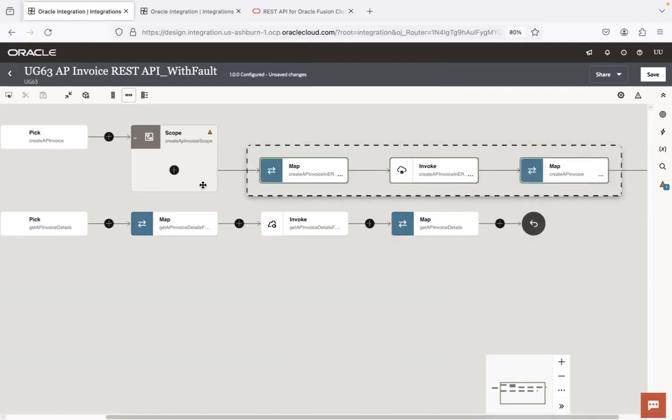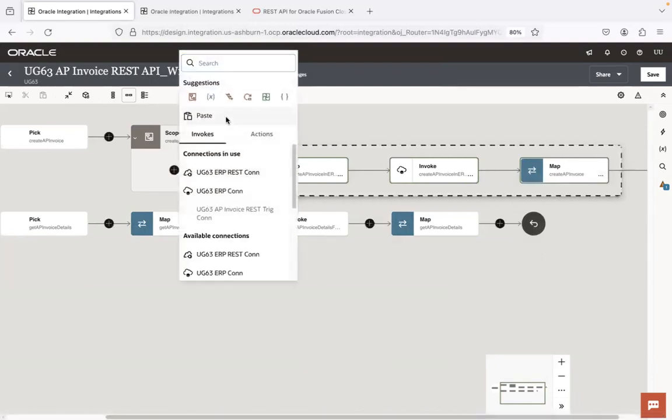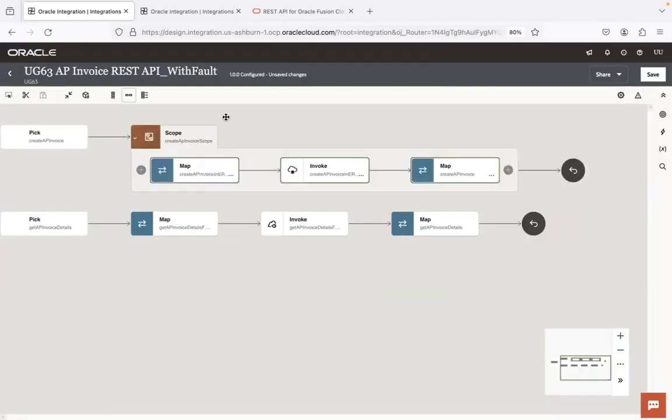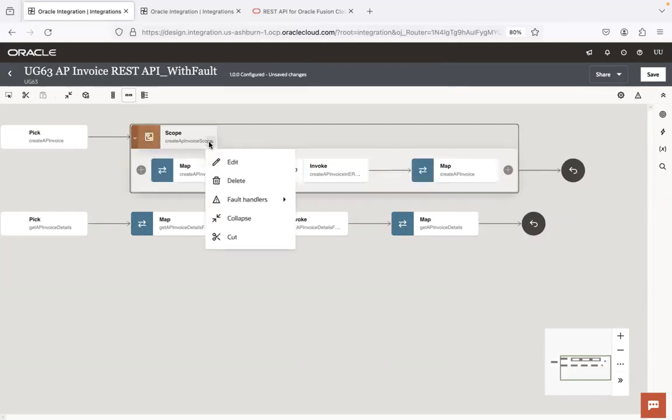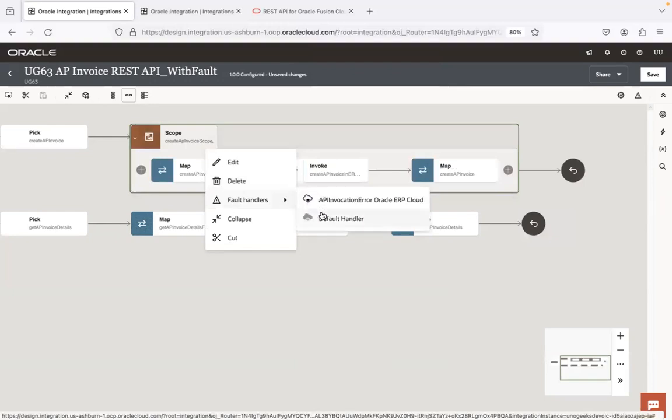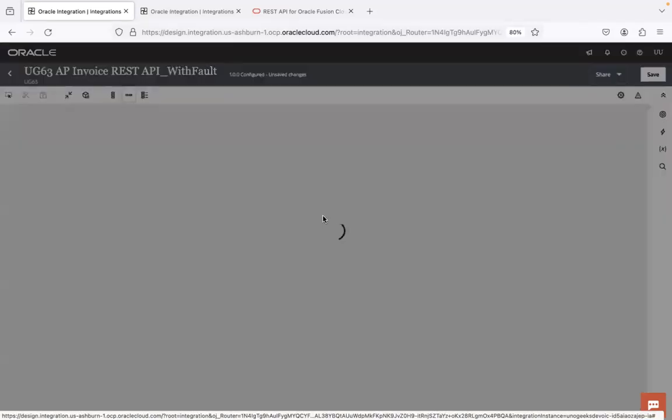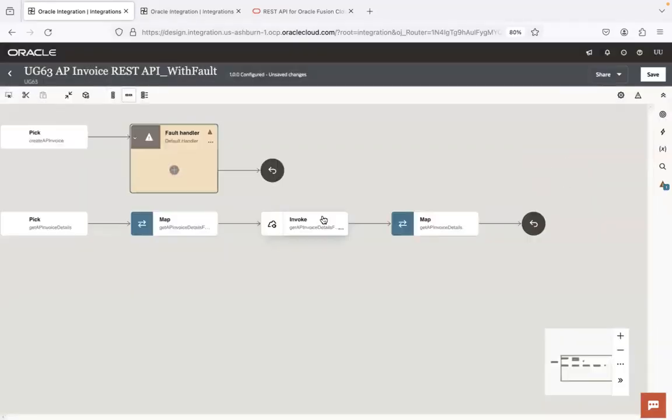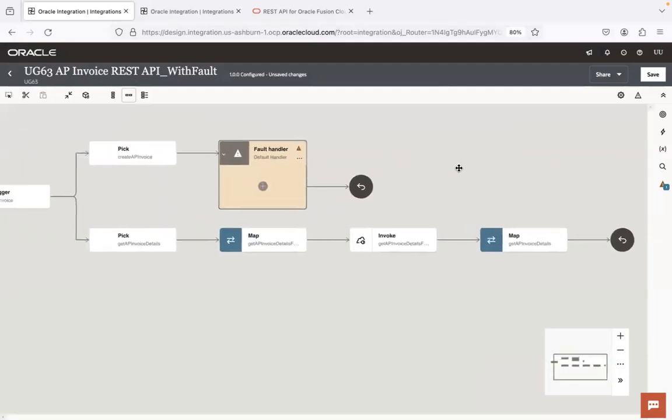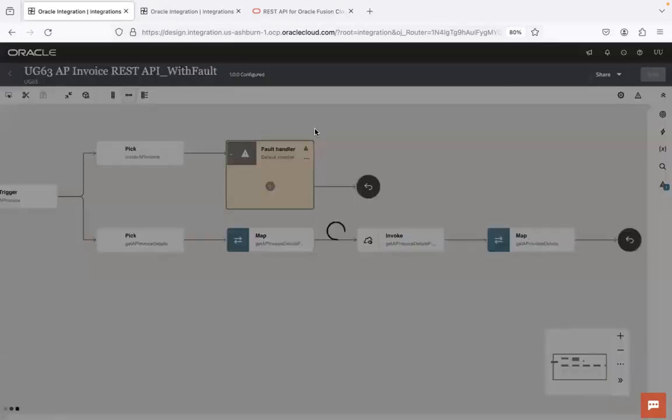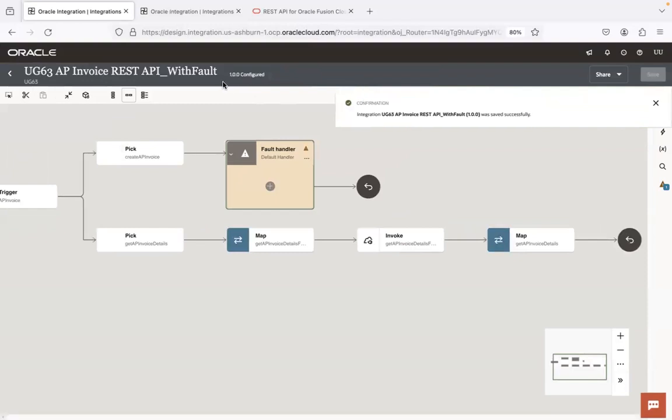I'm going to cut all three and paste this into the sheet here. Now into the scope. Now that I have a fault handler configured here, I can configure a default handler. And from a default handler, what we can do, guys, since this is a REST API and